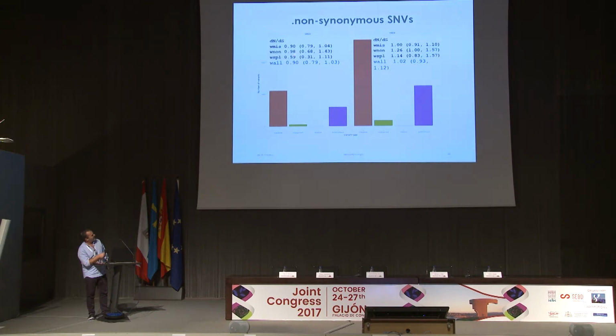Here we see a value which is somehow below 1, although the confidence intervals are big, in fact. But if this is confirmed to be true, then there is some negative selection. If there is negative selection in cancer, there is hope, because that means that we can hurt cells by provoking mutations at certain sites. If there is no negative selection in cancer, that's a big trouble, because then we cannot stop cancer growth just by introducing mutations in the genome.